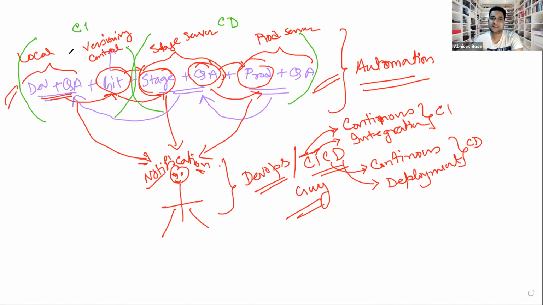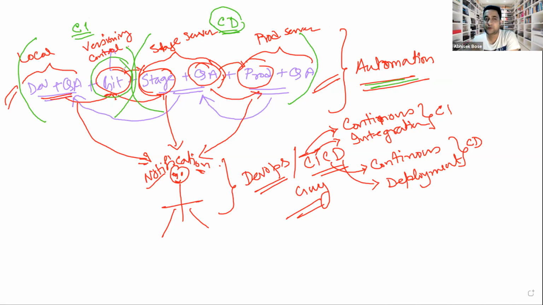This part is called CI, continuous integration. This part is called CD, the deployment, because in continuous integration you are integrating your code to your branch, correct? Then you are deploying. When the deployment is happening, that is called CD, continuous deployment. Now just think, you don't need to rely on any single person if you are creating this automation.